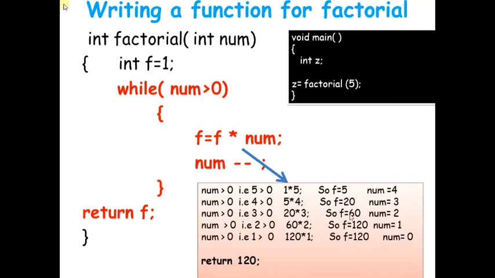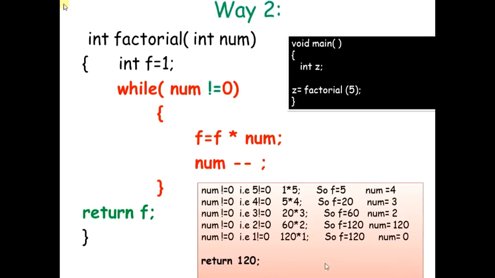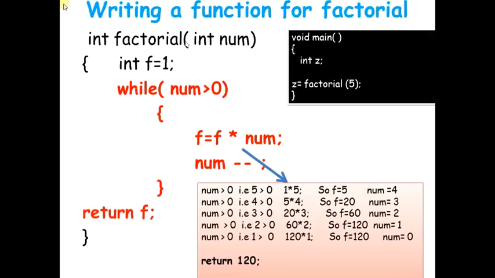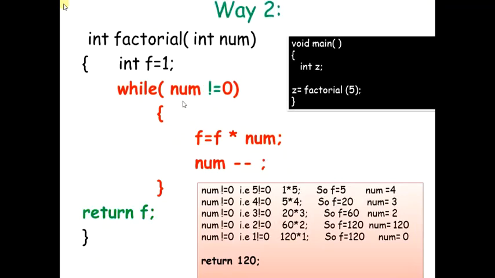Now in this code, the person has made sure the factorial of a number is computed as 5 into 4 into 3 into 2 into 1. And the condition made use of is num greater than 0. We can also write this code in another way, where I keep everything the same, I just change the condition. I said num not equal to 0. So you go on doing the same thing. The trace is over here. You're just going on doing the same thing, but you just put a different way to check the condition. Am I clear with this?